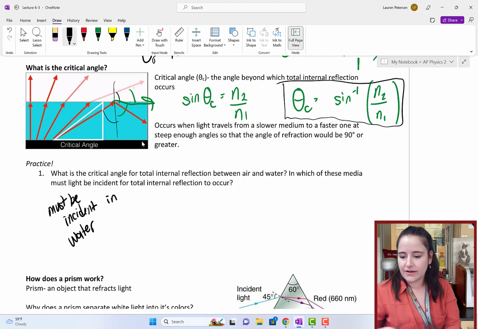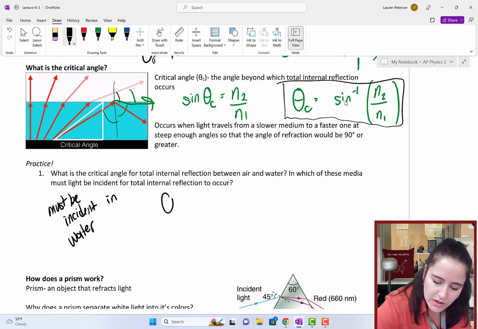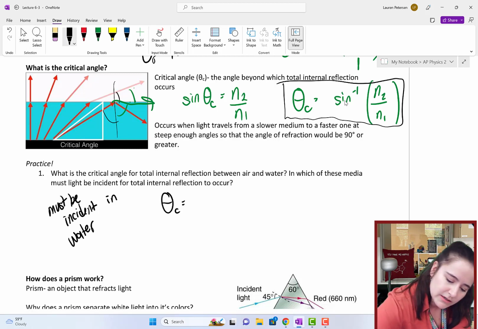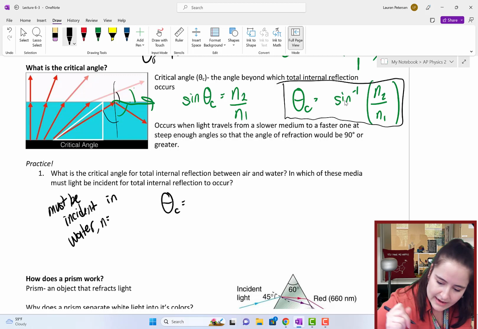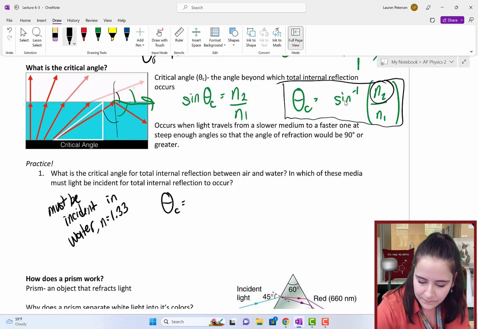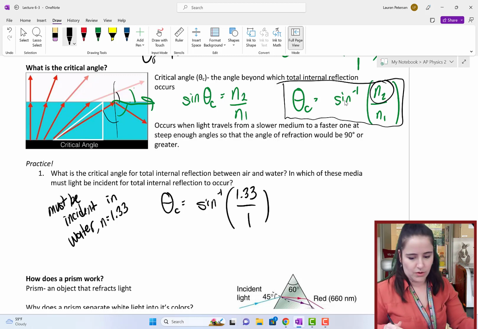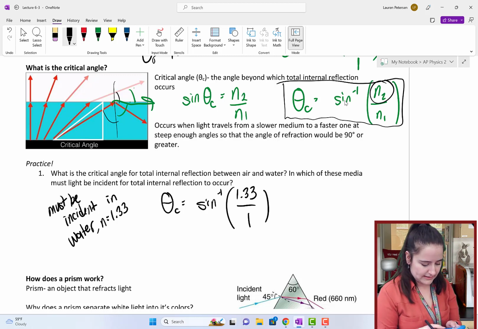If we want to calculate that critical angle, we can find it from what we just derived. So that critical angle, incident in water. Water is n equals 1.33, so that will be our n2. So we'll have the inverse sine of n2, 1.33, over air, which is just 1. And then we get